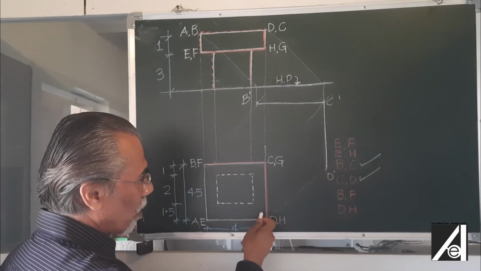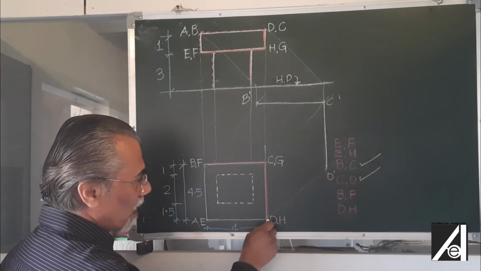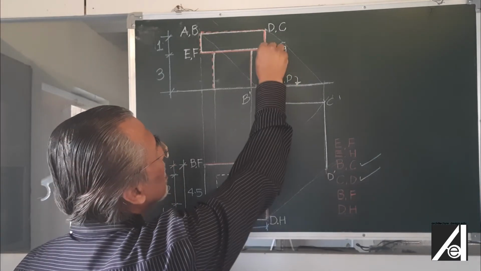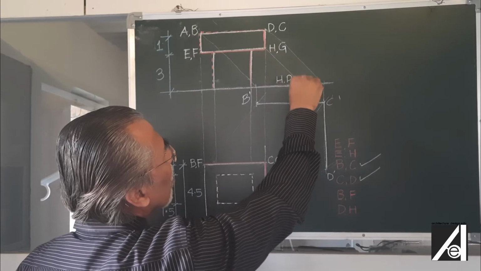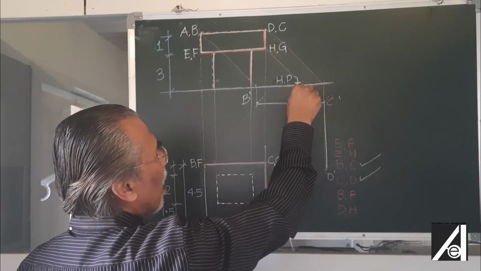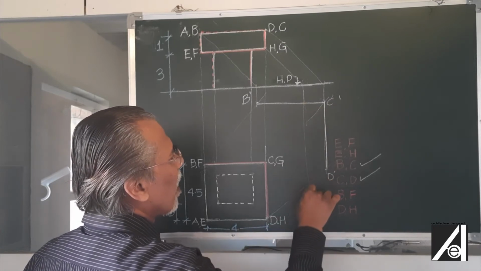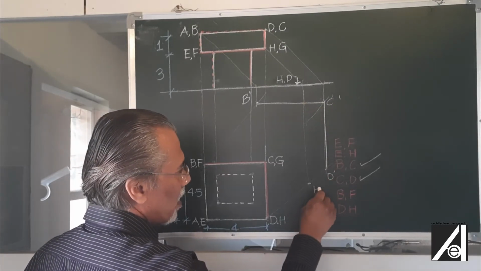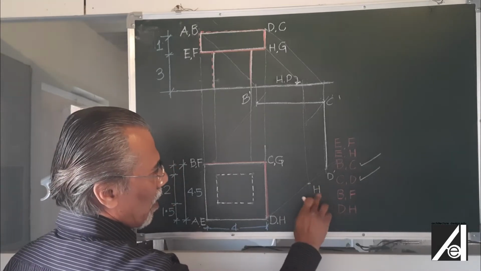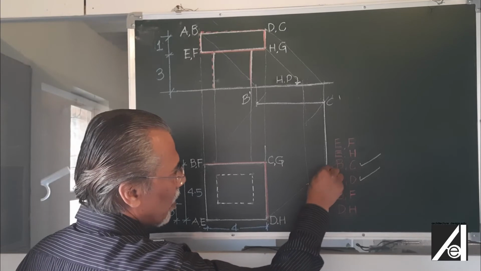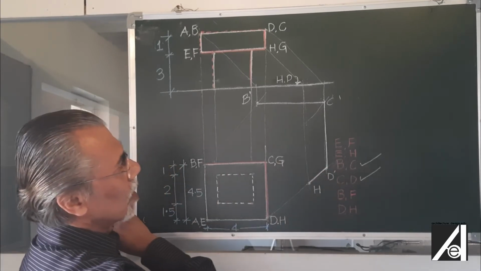H I need to project. So H is here in the plan. So the same line holds good. In the elevation the H is here, so that comes somewhat like this. From there I bring this down. So somewhere here is H projected on the horizontal plane. So DH makes an edge. So I join it here. So I have joined it here.